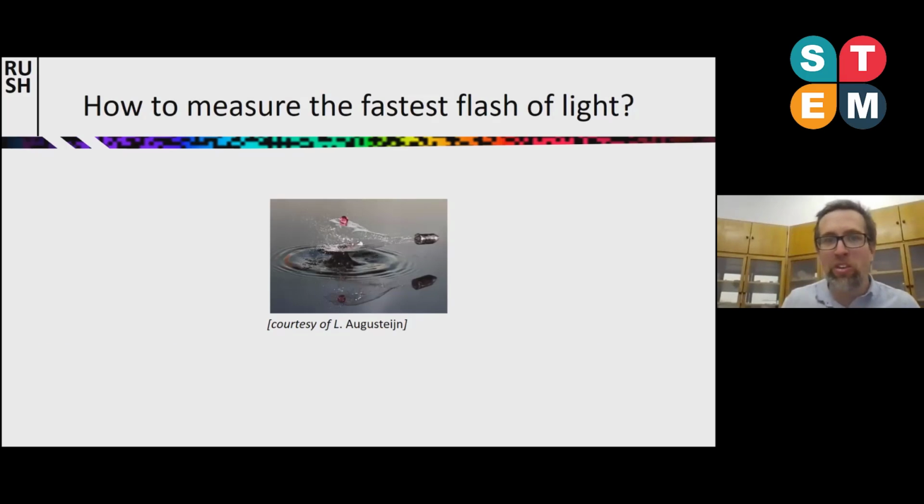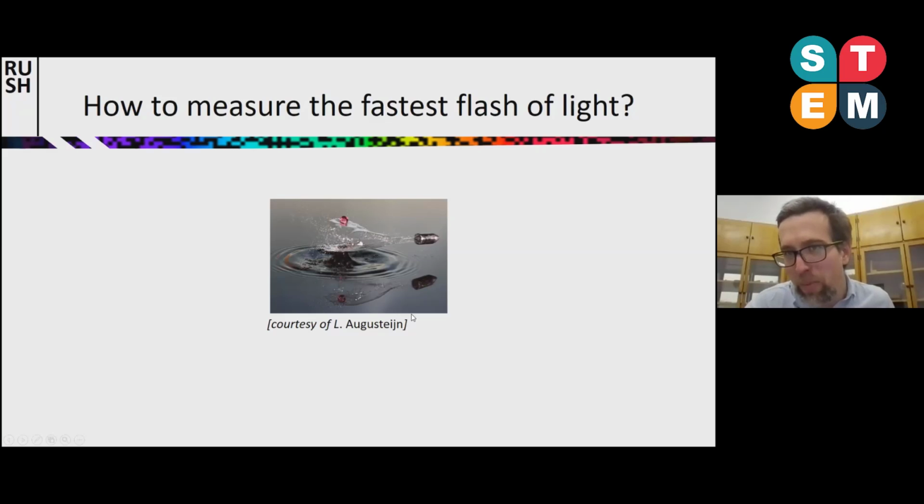If you want to measure something which is really fast, a typical approach would be that you take something which is much faster than this. So here you can see a photo by Lex Augustin from Australia, who captured a flying bullet with a regular camera.